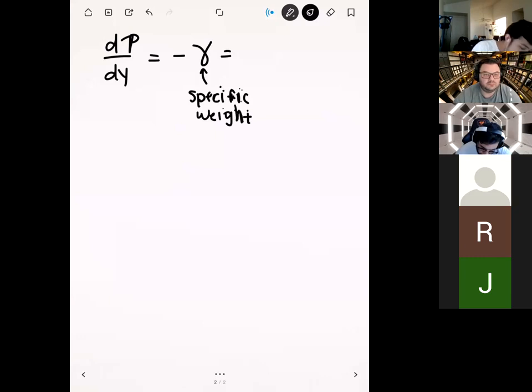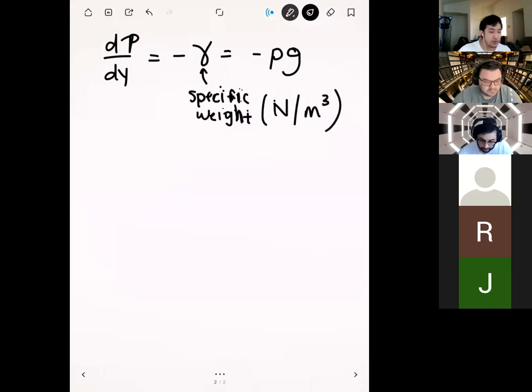Okay. And specific weight, the way that you get that is you multiply your density by your gravity. Every fluid has a density. Usually the density is easier to look up than the specific weight. So if you have the density, you just multiply by gravity, and then you get specific weight. Since specific weight's kind of a new concept, let's go over the units. The typical units for specific weight would be some kind of force. The SI unit for force is newtons, divided by meters cubed. This tells you that the derivative of pressure with respect to depth is equal to the